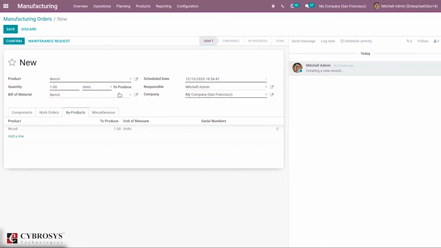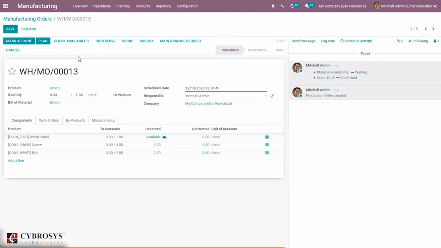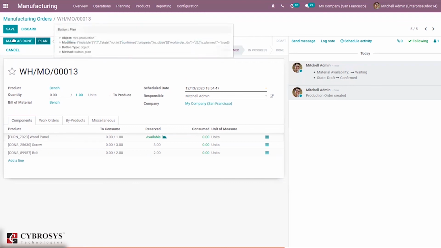And you can see the schedule date, which is scheduled according to the security lead time. If you have set that, according to that, it will be updated. Okay, so after creating a manufacturing order, you can confirm this. And after confirming, if you want to plan, you can plan, or if everything is done, you can mark as done.